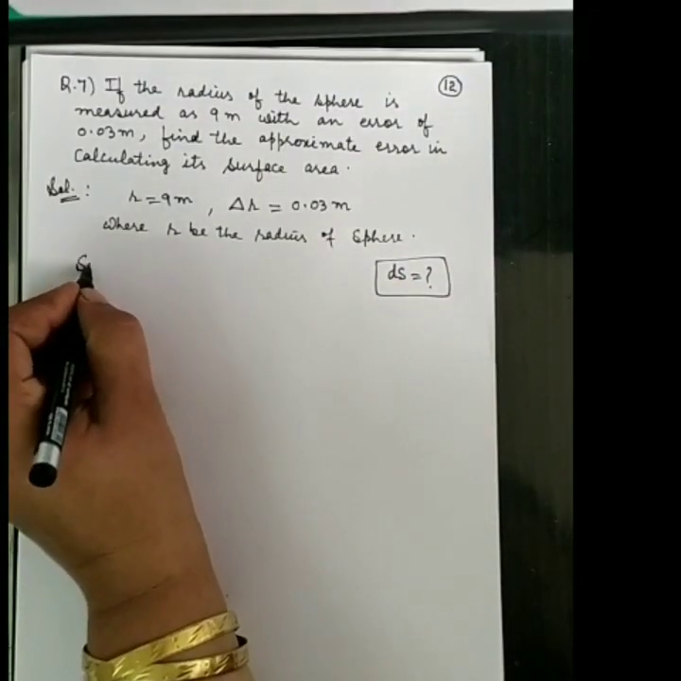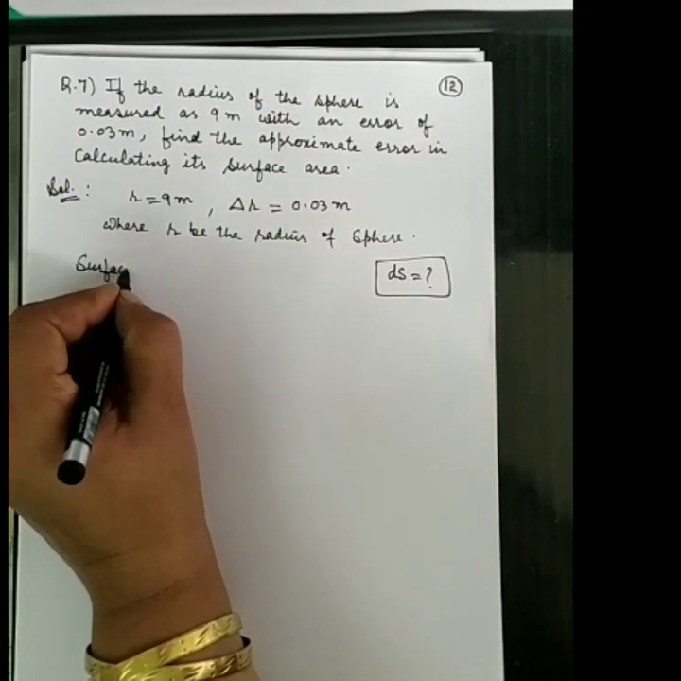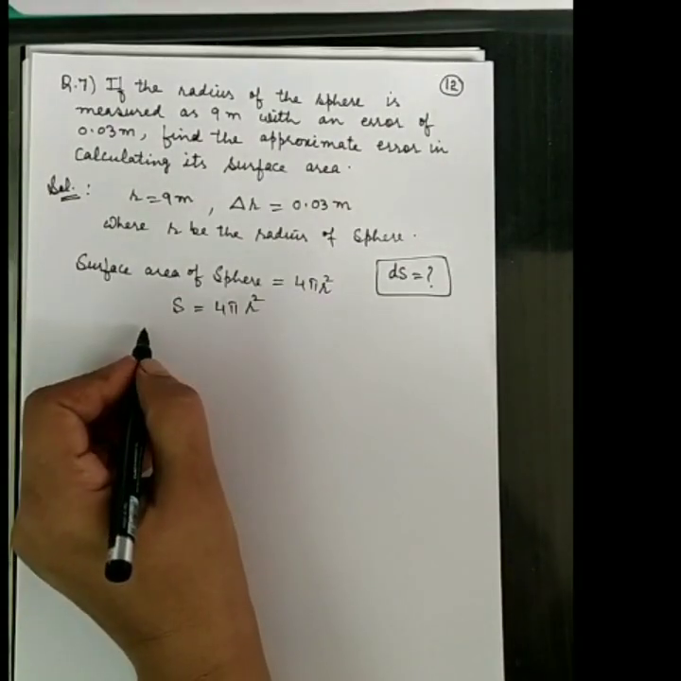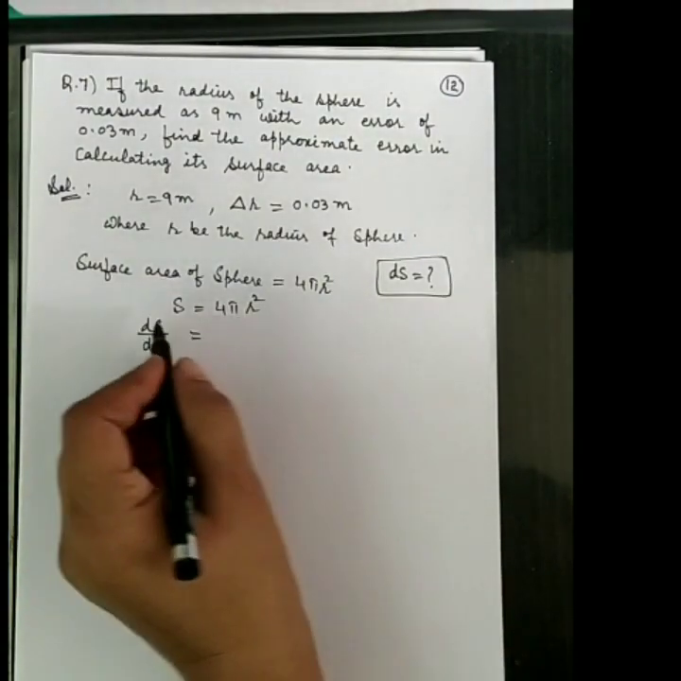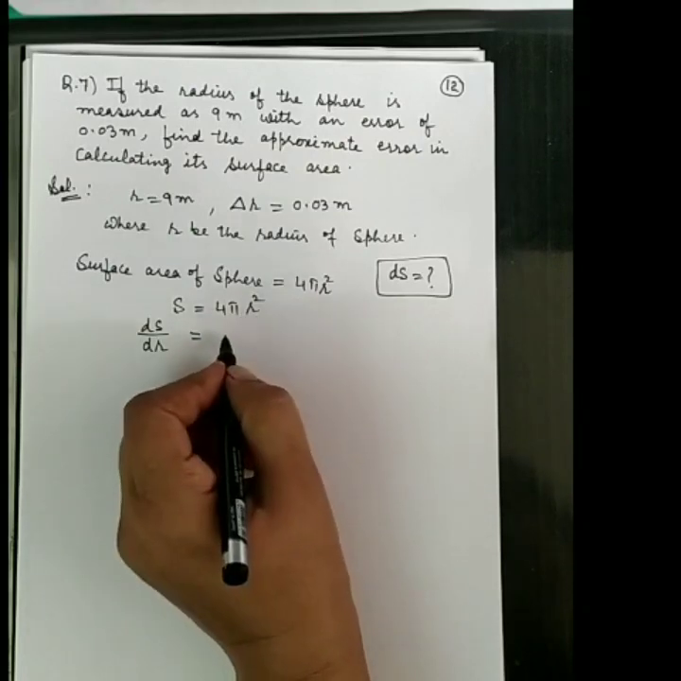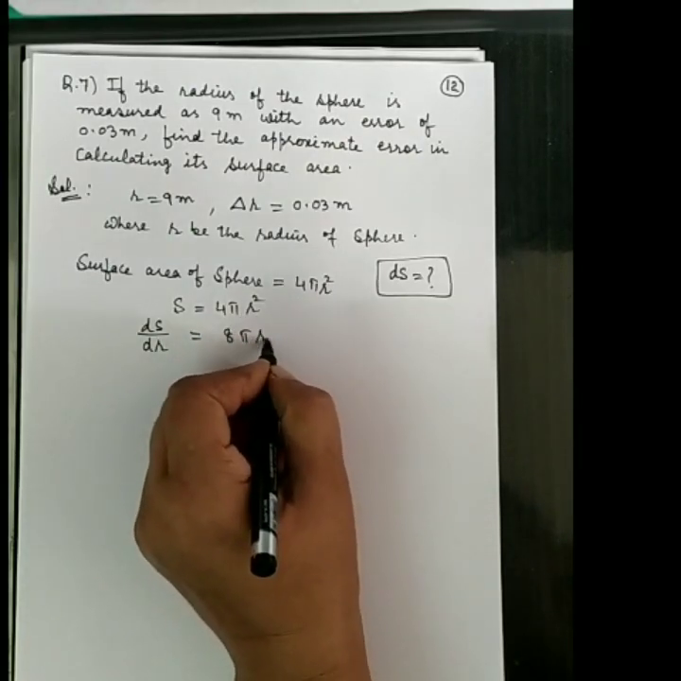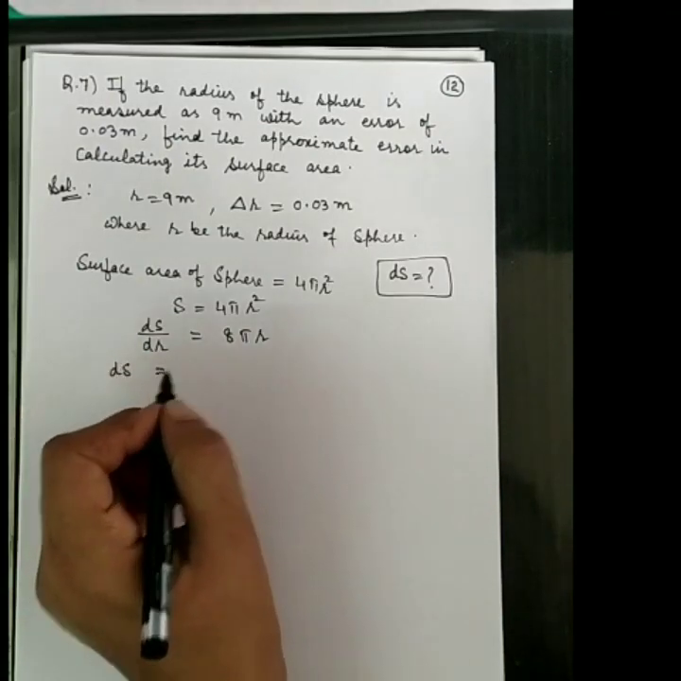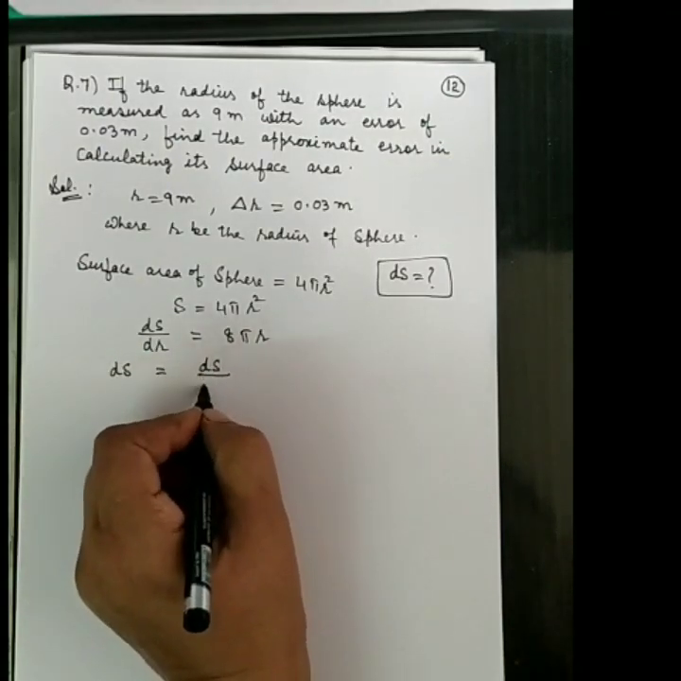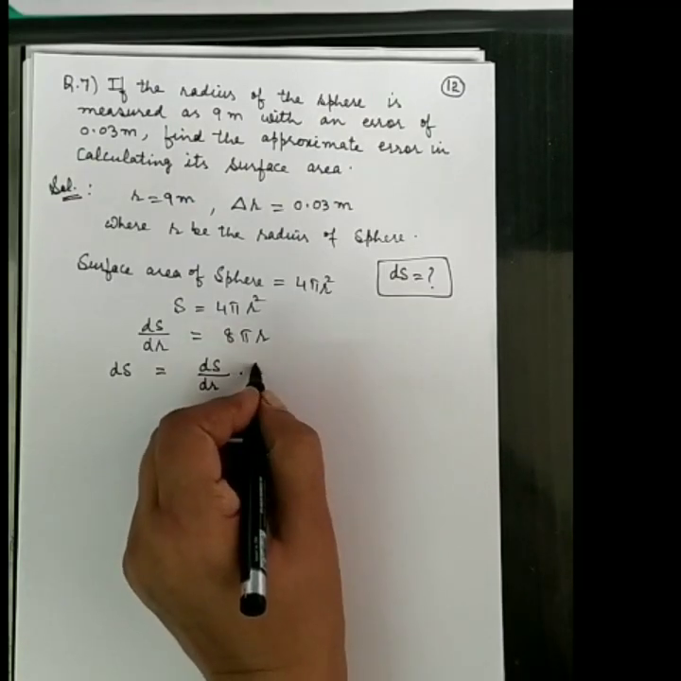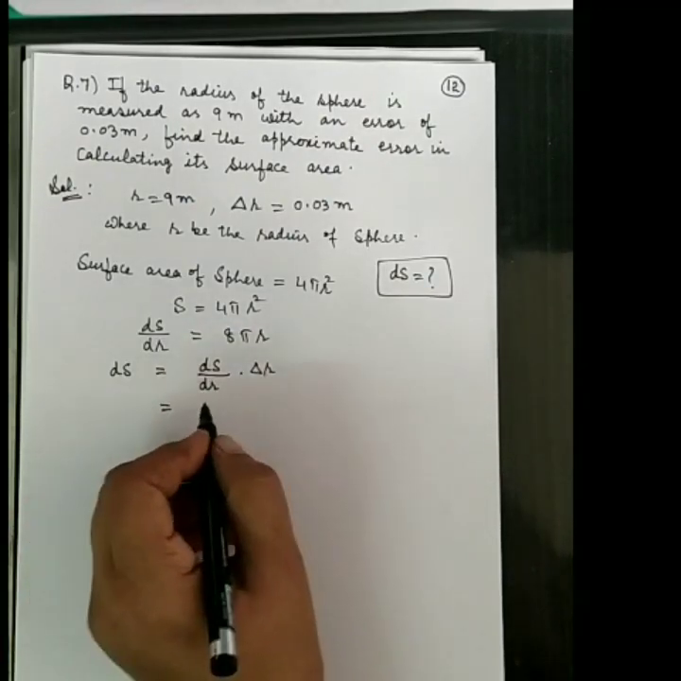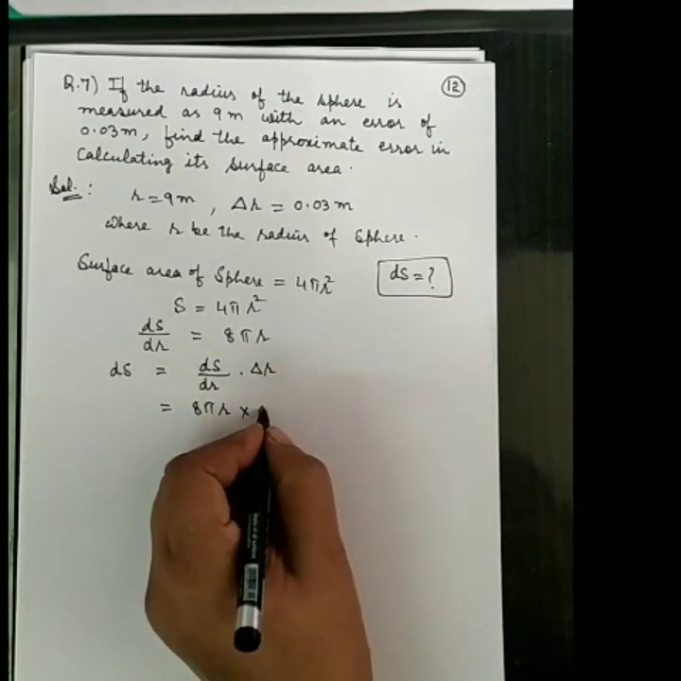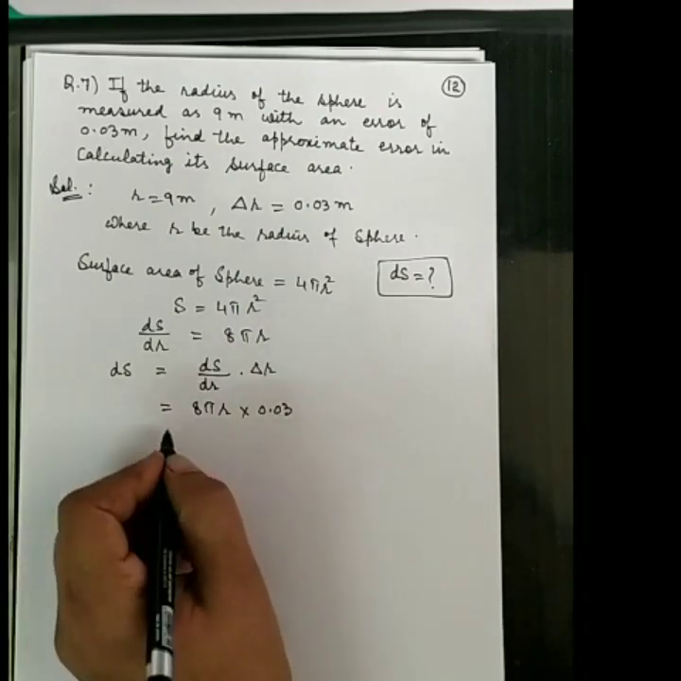Now the surface area of sphere is 4 pi r square. Now differentiate, find dS by dr. It will be 8 pi r. Now change in surface area, that is dS. It will be dS upon dr into delta r. Now put the values. 8 pi r into delta r is 0.03. It will be